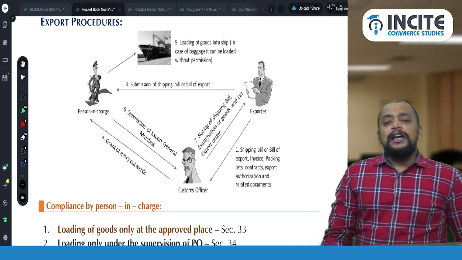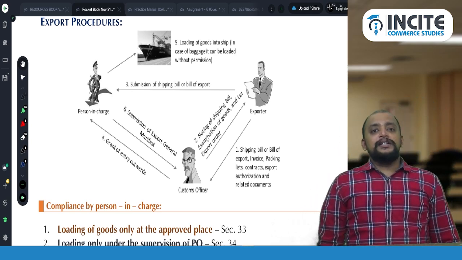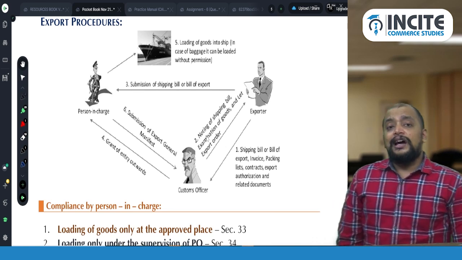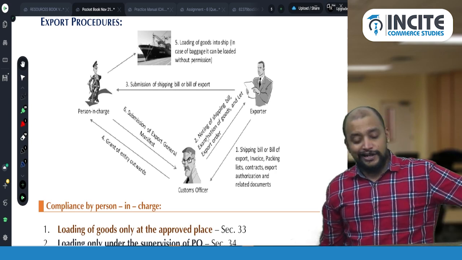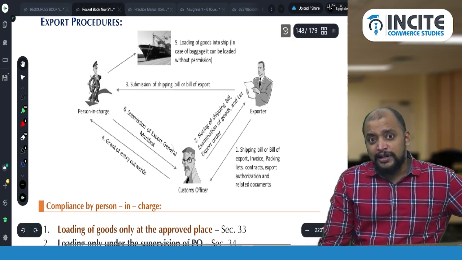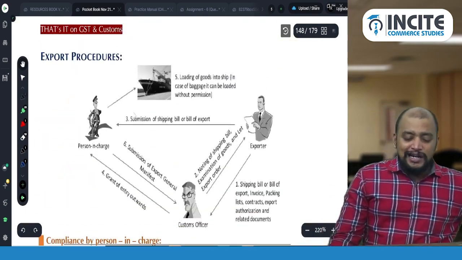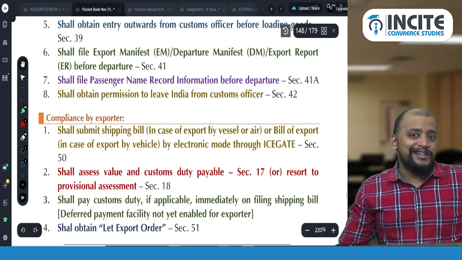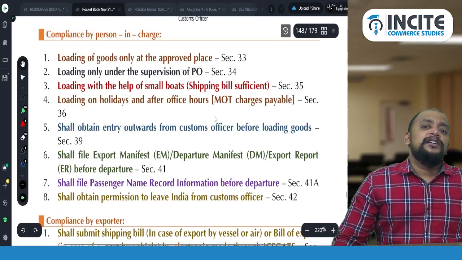Understood? In case of aircraft, that export manifest is known as departure manifest, and in case of vehicle, it is known as export report. Understood? So export manifest, export report and departure manifest, that is the name of the document. So generally export procedures are not that important. So just what are the procedure like